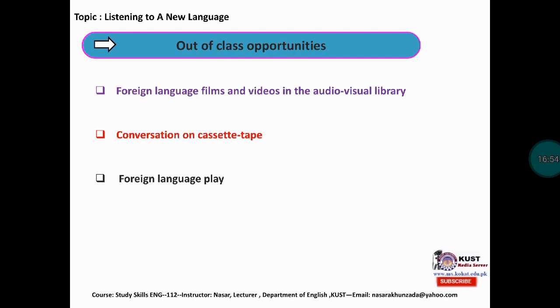Foreign language play. This has been mentioned already as good for listening and for other aspects of language development. If you are an actor in a play, you will be having plenty of practice, but even if you are not, why not volunteer for one of the other roles that involve listening as you attend rehearsals, stagehand, costuming, and so on? Even the ticket sellers can slip in after the first few minutes.